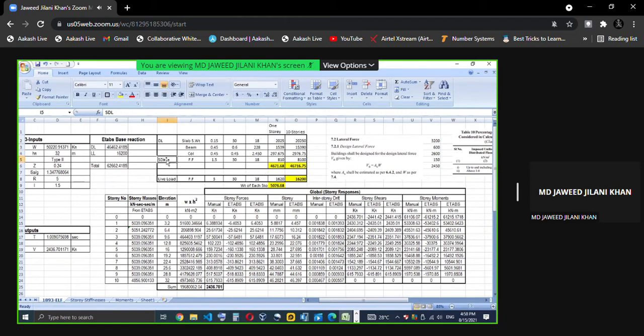Now, super dead load, floor finish, I have given as 1.5 kN per meter square. This is directly a slab load, 1.5 per meter square. So total area is 30 by 18. So 1.5 into 30 by 18 is 810 kN total load due to the floor finish, which is super dead load. For 10 stories, how much is this?